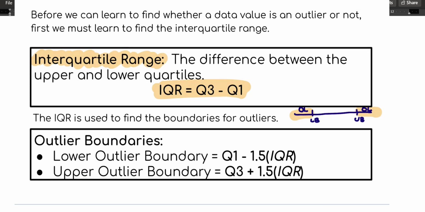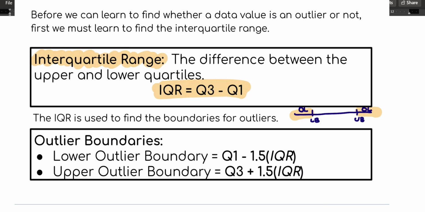Anything in between them is not considered an outlier. Anything lower than the lower boundary and higher than the upper boundary would be considered an outlier. So to find those boundaries, the lower outlier boundary is Q1 minus 1.5 IQR, and the upper outlier boundary is Q3 plus 1.5 IQR. And by the way, we can find IQR by doing Q3 minus Q1, but it's also